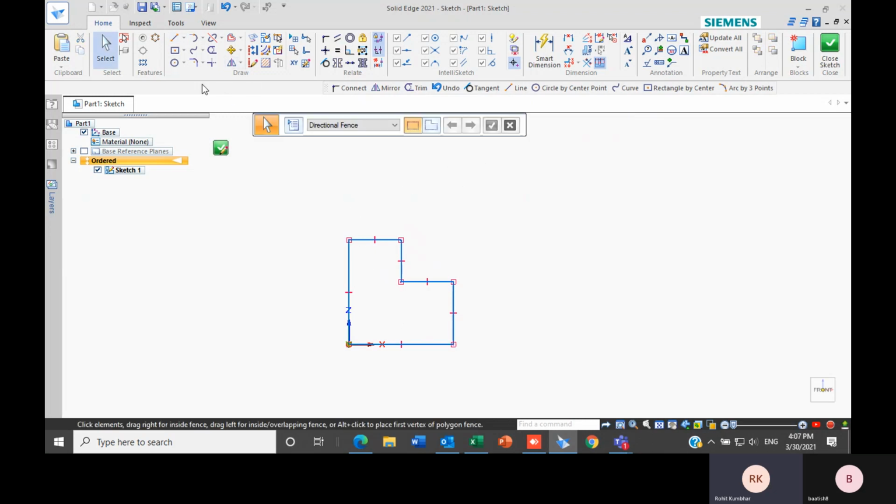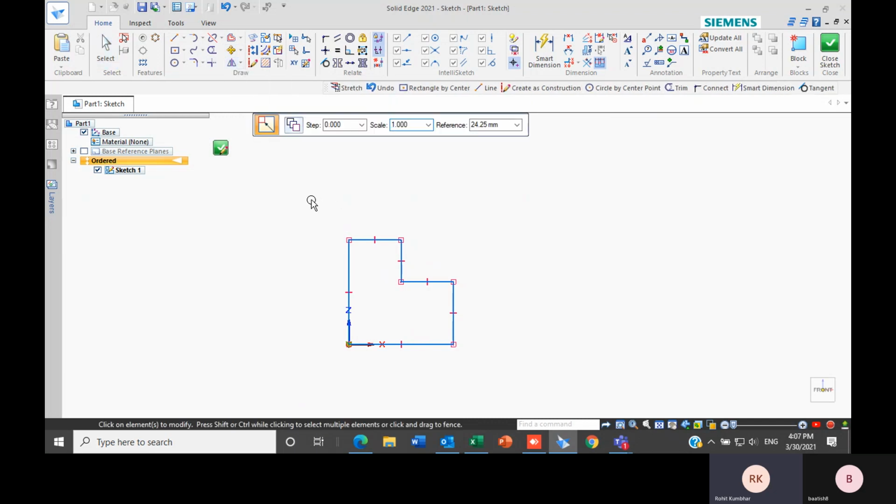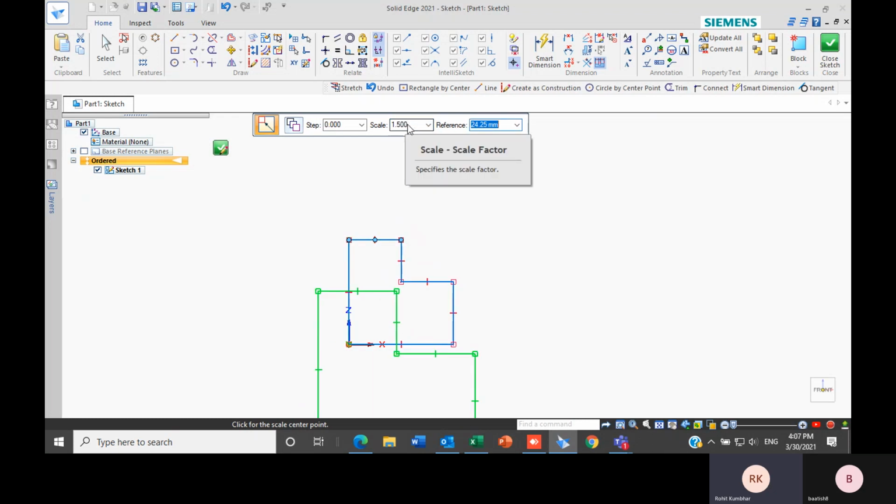If I want to scale this sketch, I just have to select this option scale. Then I just have to select the whole geometry or the points which I have to modify. Let's say I will select this whole geometry, and I just have to input the scale for it. Let's say I want it to be 1.5 times.